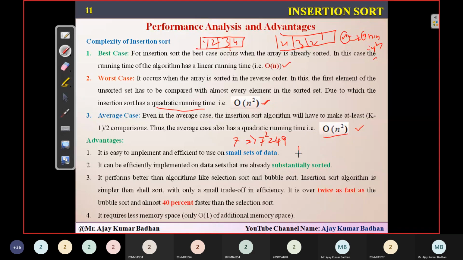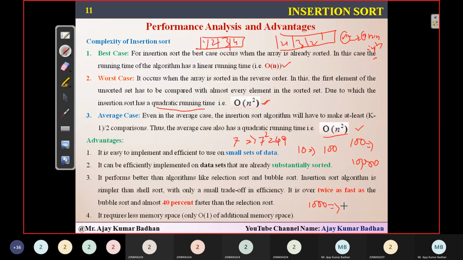For example, if you're giving 10 elements, it is going to do 100 comparisons. And see, the complexity is increasing now. If you have given 100 elements, what is the comparison here? 10,000 comparisons have to be done. So if you're giving 1,000 elements in a list, you are giving an array of size 1,000, and in that you're giving the elements.